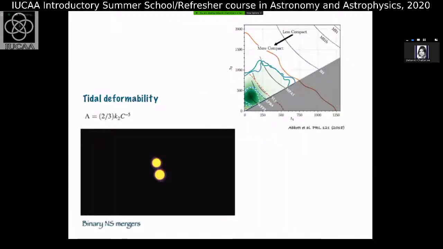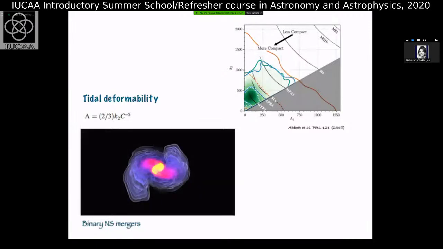So particularly interesting is the case of binary neutron stars, because as you can see in the animation here, when neutron stars merge in a binary, they deform each other tidally, like the moon and the sun and the tidal effects that we see on Earth. So this tidal deformability, lambda, is related, in the equation you can see above, to C, which is the compactness parameter. So basically, compactness, which is the mass to radius ratio, now gives us again information about the interior composition of